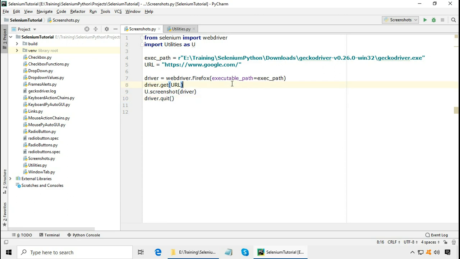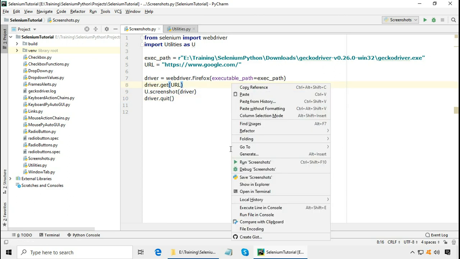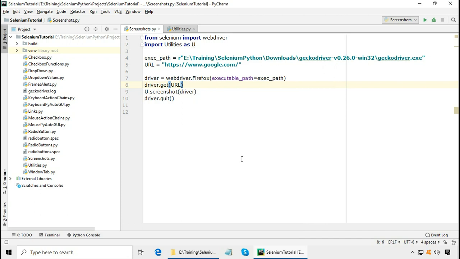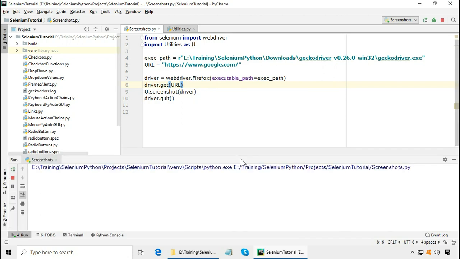Let us run it to see how it works. Right click and run screenshots. This should navigate to the URL and then take the screenshot in the folder that I just showed you and close the browser. Selenium WebDriver has opened the browser.